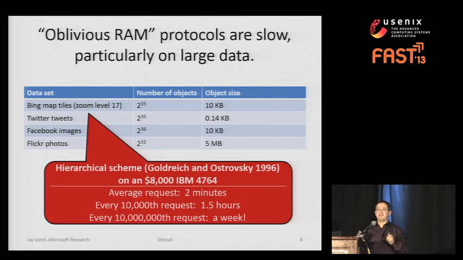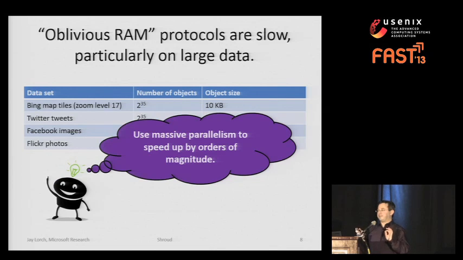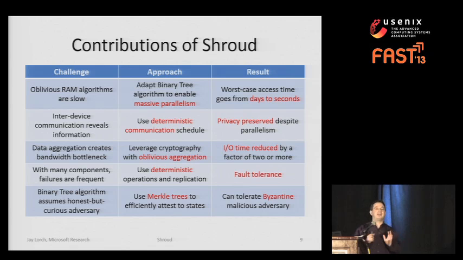Every 10 million requests, the data center goes offline basically for a week while it shuffles a bunch of data around. Okay, so our intuition here is that we can speed up Oblivious RAM algorithms by leveraging the massive parallelism that we can get access to because we're in a data center. So our main contribution is showing how we can parallelize these algorithms,